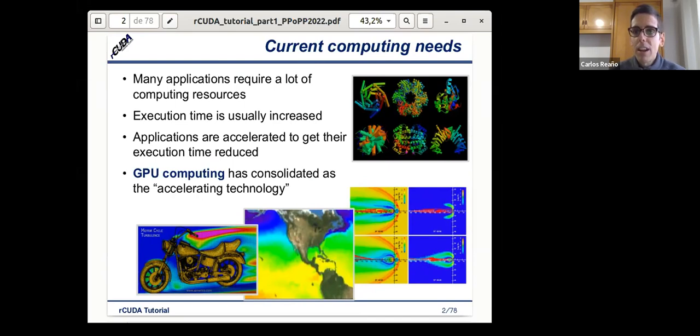One way of accelerating these applications is using graphic processing units, GPUs. GPUs started to be used for accelerating applications, and currently they have consolidated as the accelerating technology.